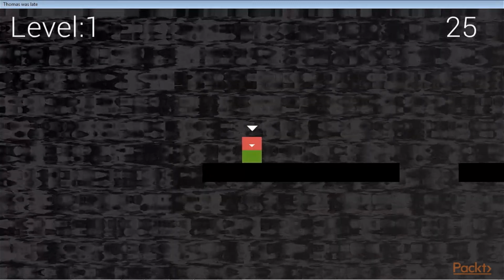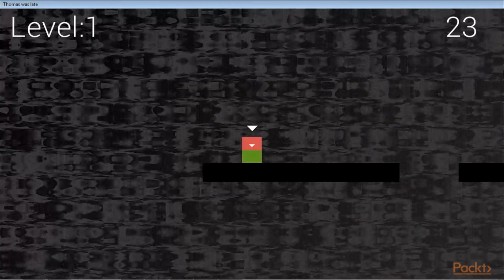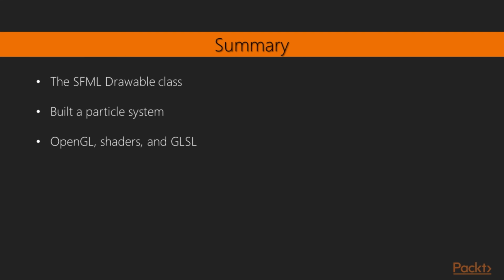That's it. Our third and final game is done. In this video, we have learned about OpenGL, shaders, and GLSL. In the grand finale, we explored the concepts of particle systems and shaders. Although we looked at probably the simplest possible case for each, we still managed to create a simple explosion and an eerie molten rock effect. This was really a big journey, and hopefully you have a good insight into how to build games in C++. I wish you all the best. Keep gaming.